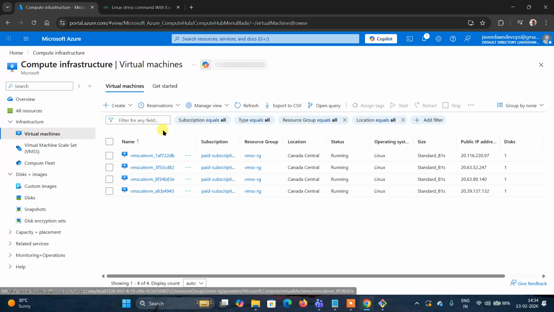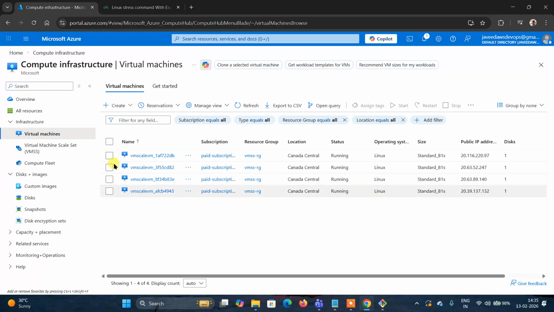Now I can check here. They created more. How many? Two more, right? Total, how many? Four in total. If you remove the stress and leave it for 5 to